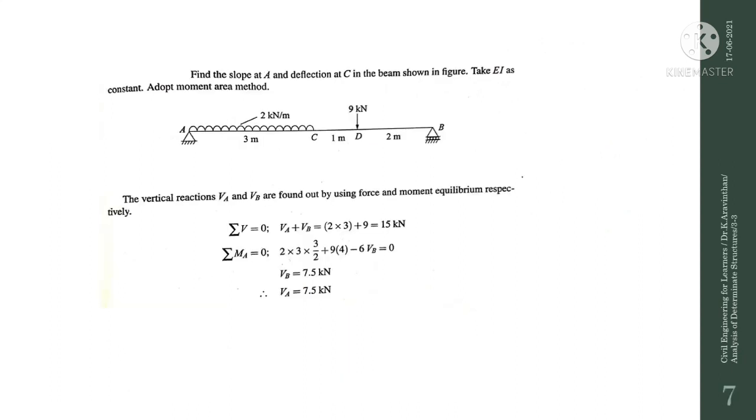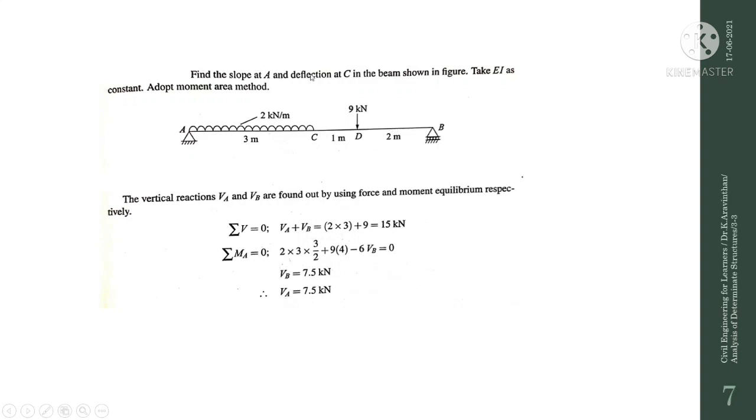Okay, so this is a different type of problem when comparing to those two. In the previous problem, the case was symmetric. If you divide the section, you will be getting two halves and the reaction was easy, and the UDL and point load were also at the center, so the problem was quite easy there. But for this one, the UDL is over some half distance and at the other half distance you are having a point load. So this is a different problem.